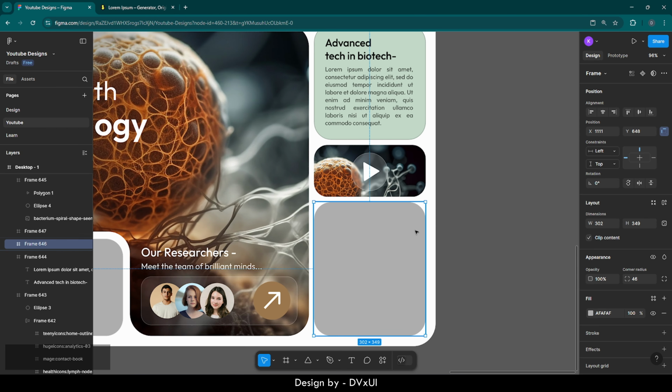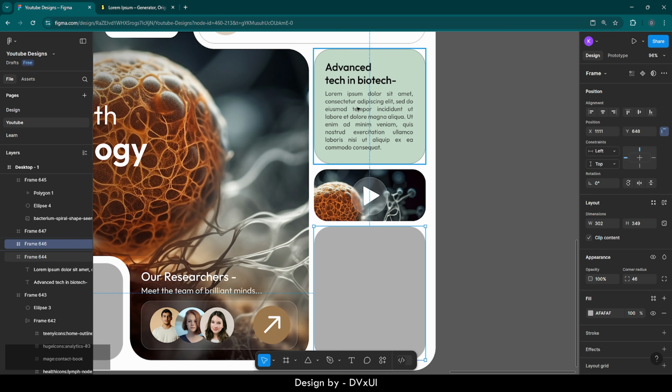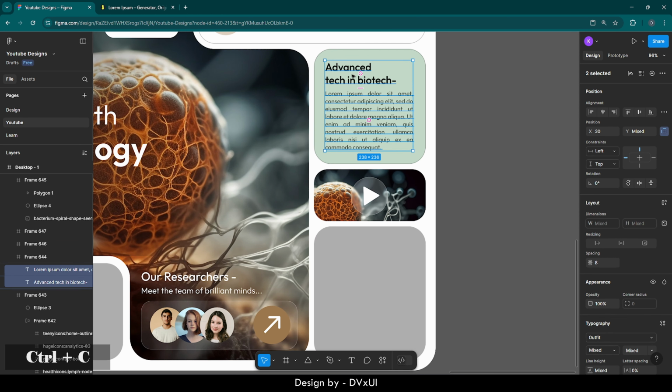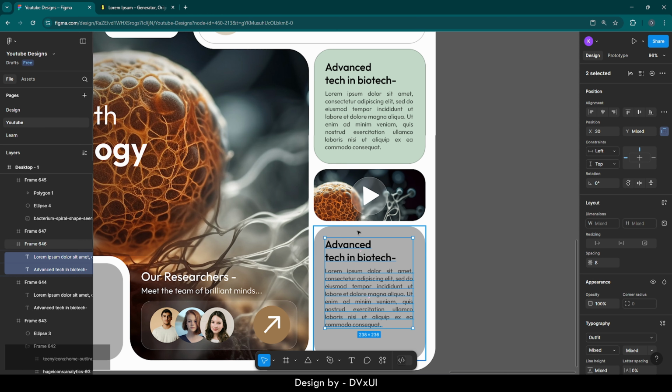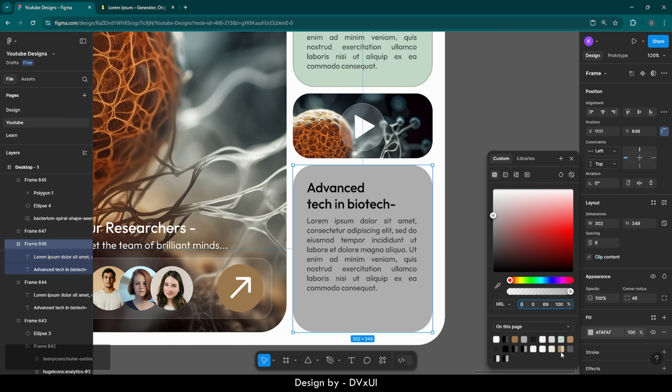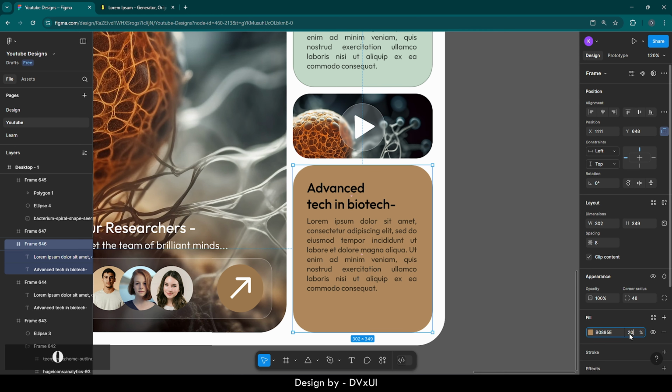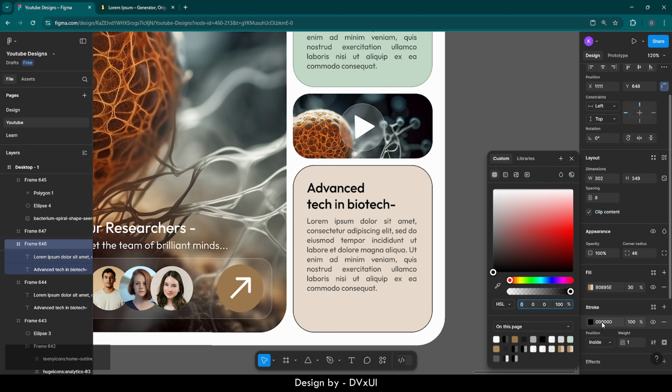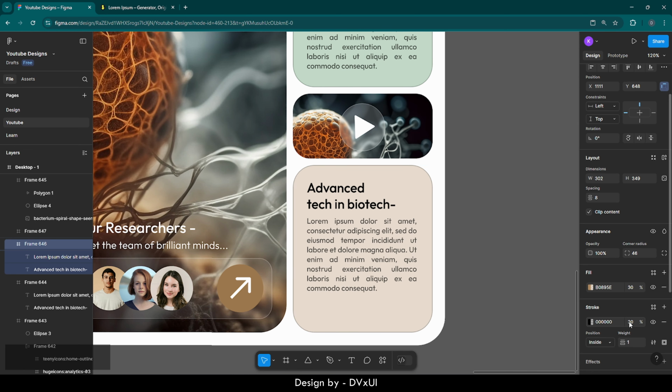Now I will work with this section, which is quite similar to this one, so I will just copy it, paste it over here, then change the color of this section, which is going to be a shade of our primary color with maybe 20% opacity, not 20 but 40. Yeah, 40 is good, but it is quite heavy, so let's provide 30. Yeah, 30 is perfect. Now let's also provide a stroke of 30% with the black color,